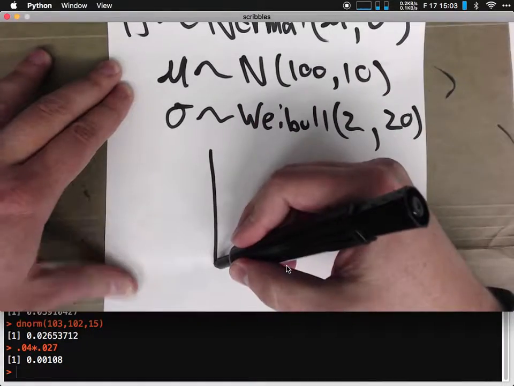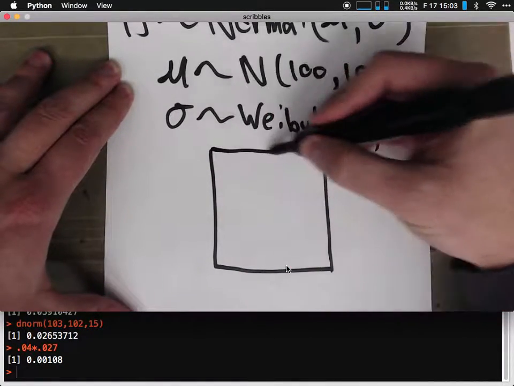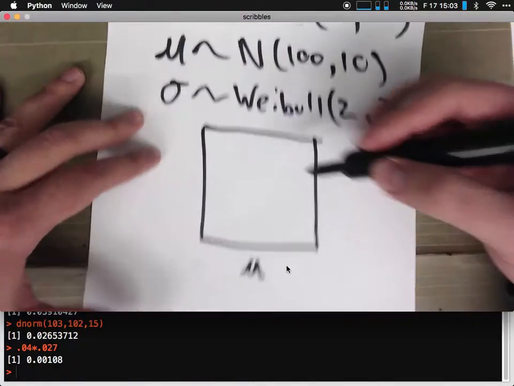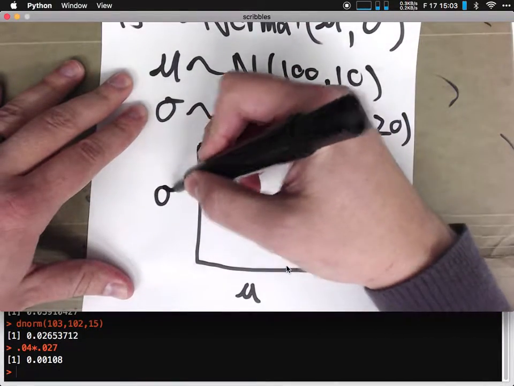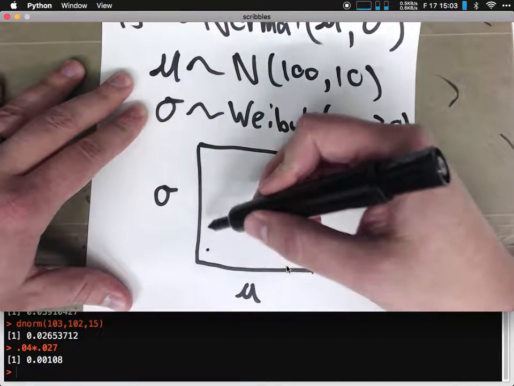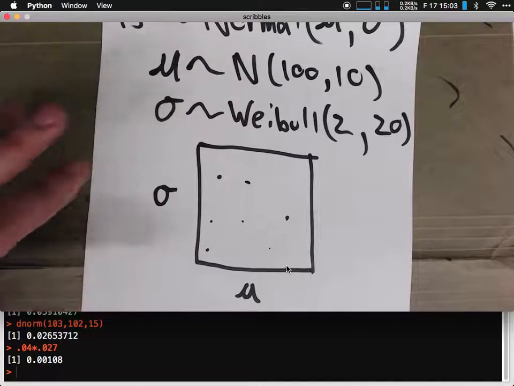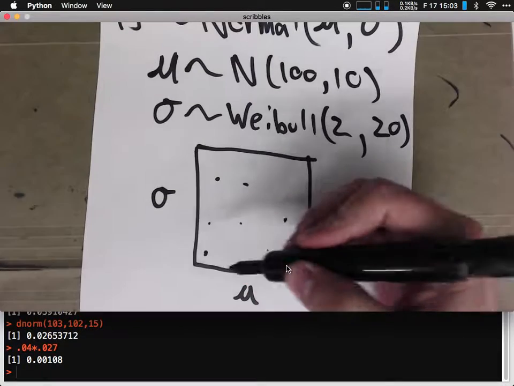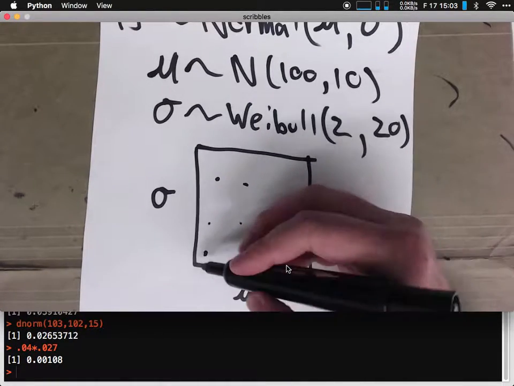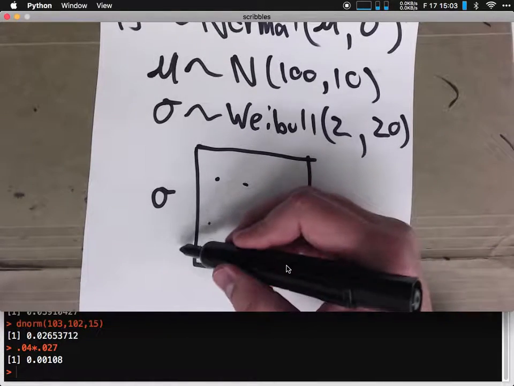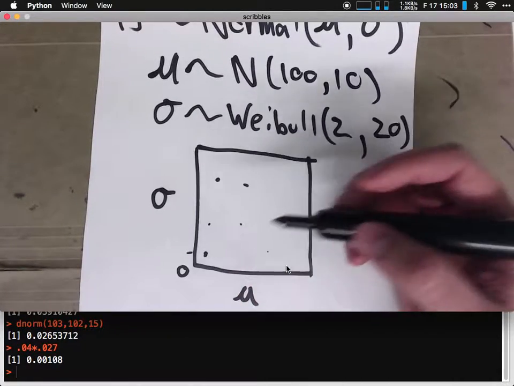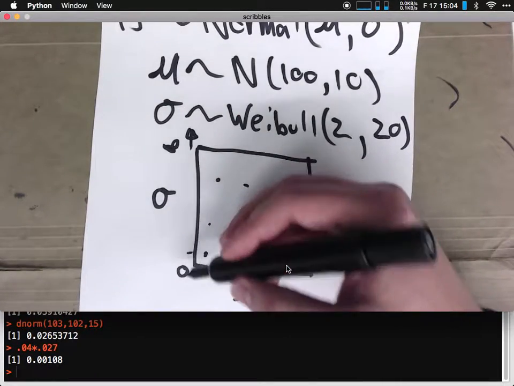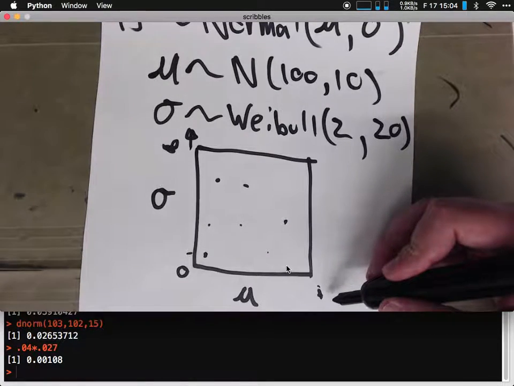So if you imagine the potential values for mu being along this axis, and the potential values for sigma being along this axis, each point in this space corresponds to a possible value for mu and a possible value for sigma. If I put numbers on this, sigma is bounded at 0, and it can go up to infinity for sigma. And mu goes from positive infinity